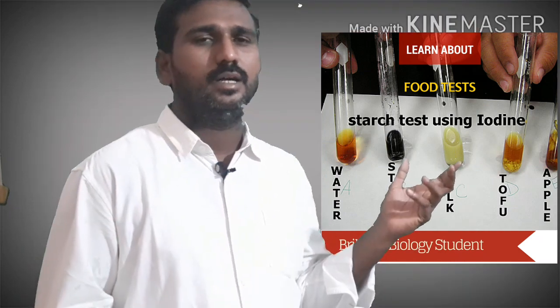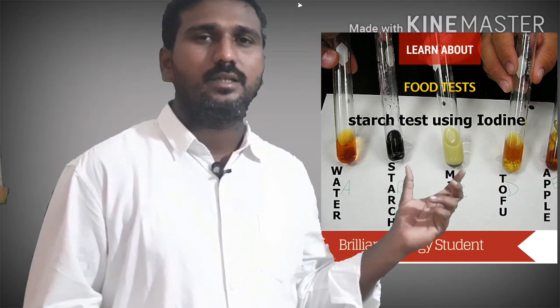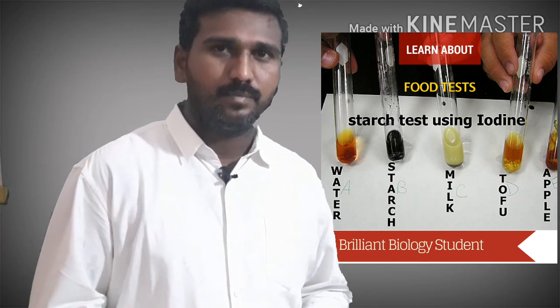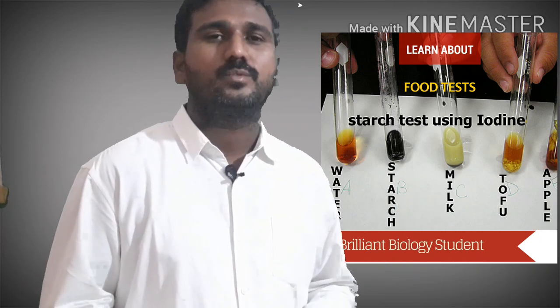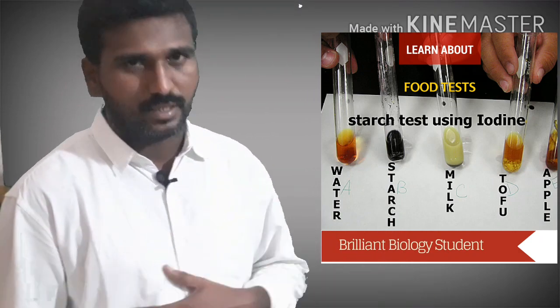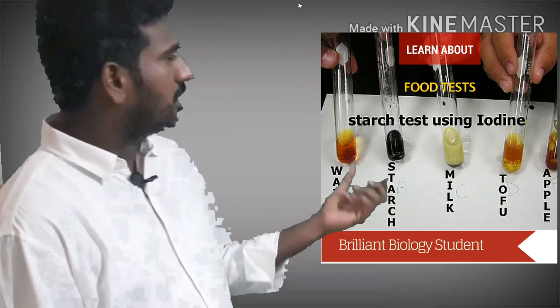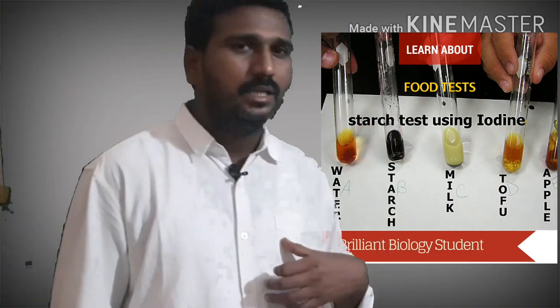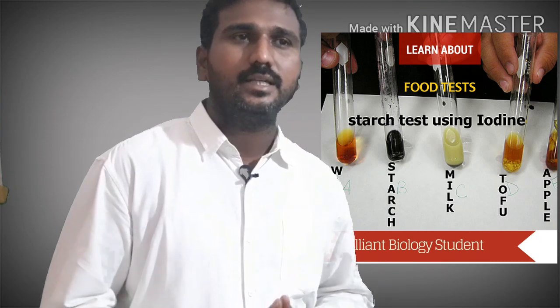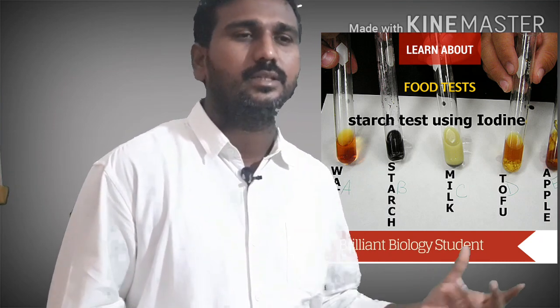Here you have to understand, starch is helpful for producing energy in the plants. It is also a type of carbohydrate. So how is it tested, how do we come to know that starch is present in a food item? It is very simple. You have to take dilute iodine solution. So how is it formed? Dilute iodine solution. Here we want